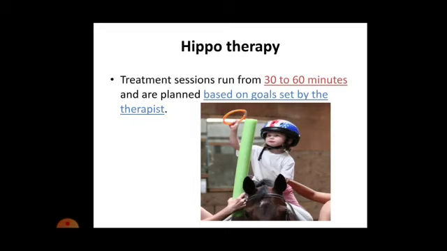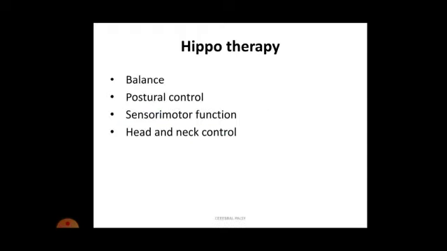So here the goal may be to develop coordination or to produce anti-gravity movement of the upper limb, or we can say overhead movement of the upper limb. Clear? So all this may be the goal for this exercise, but for your child, what are the goals that you have to set? Okay, hippotherapy, what will it be improving?